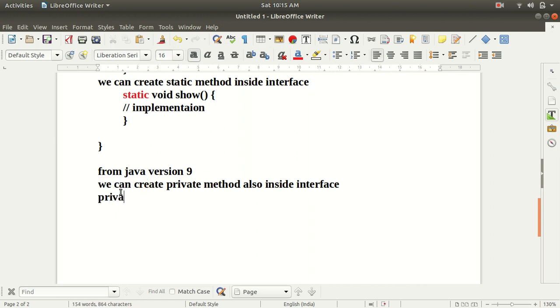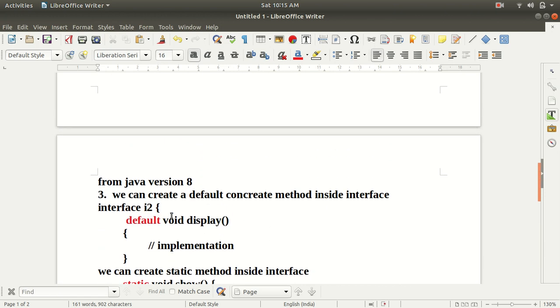It means that we can write a private void show method, and inside this we can write our implementation. So guys, this is all about the interface and the syntax of the interface.